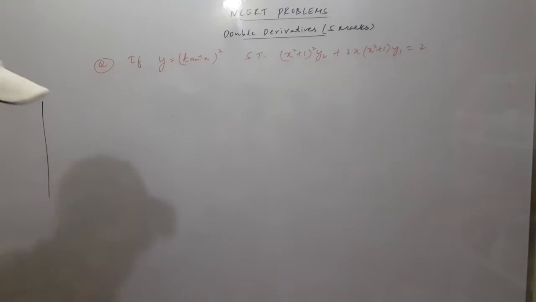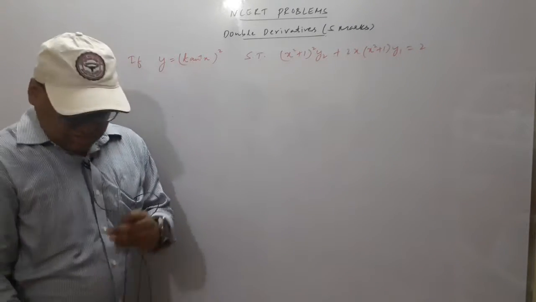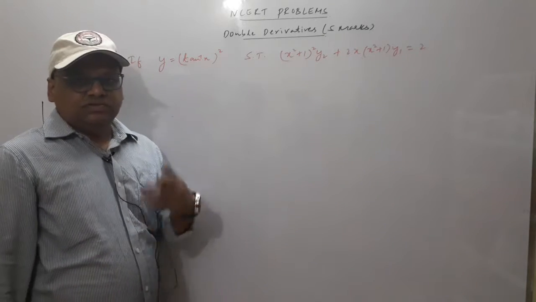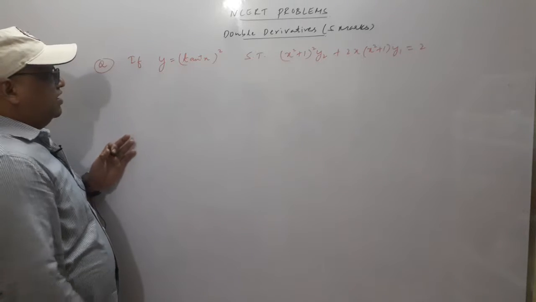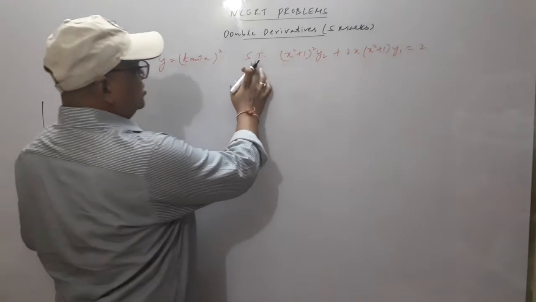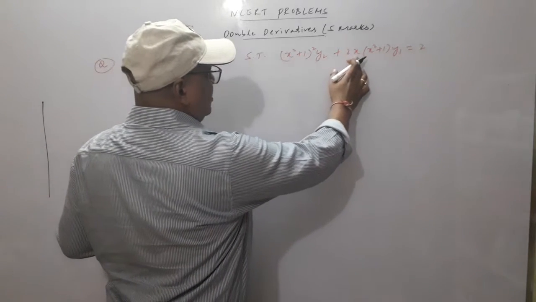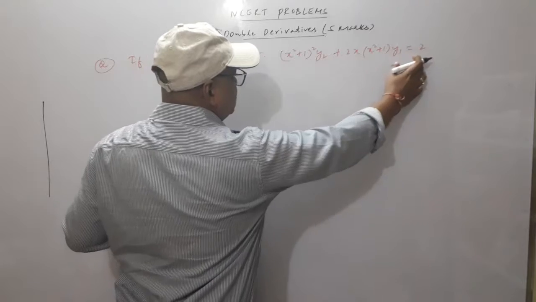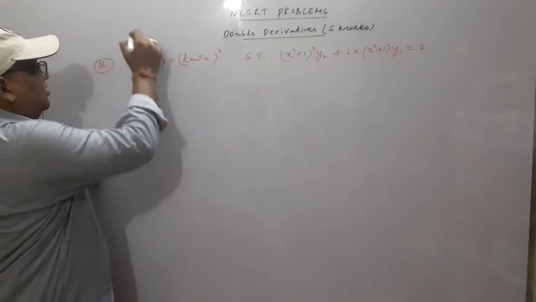Yes, students, let us continue with our 5-mark question series on double derivatives. Here we have y is equal to tan inverse of x, whole square. Show that (x square plus 1) whole square into y2 plus 2x (x square plus 1) y1 is equal to 2. Before I start the problem, we know that